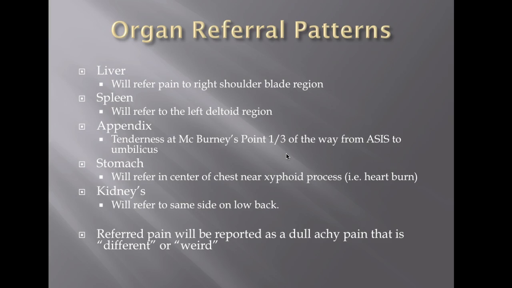So these are all just different points in the body where a patient or an athlete may feel pain after they've been struck on the abdomen, or they've landed on their abdomen, depending on what the potential injury could be. So for example, the liver will refer pain to the right shoulder blade region, spleen to the left deltoid,